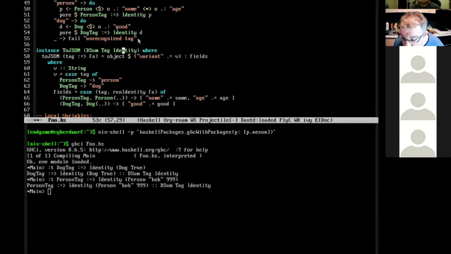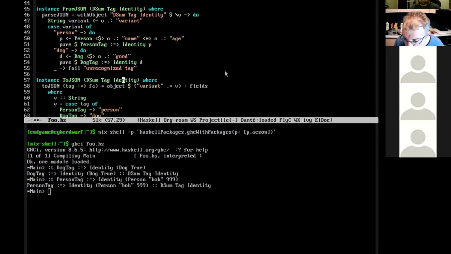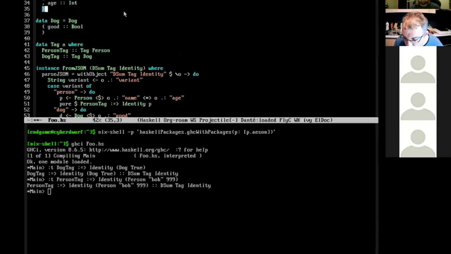So that's going to take us through building some bits and pieces from the constraints library and some other places. So let's give ourselves some instances on these because we'll need them. Deriving Show, Generic, ToJSON, FromJSON.